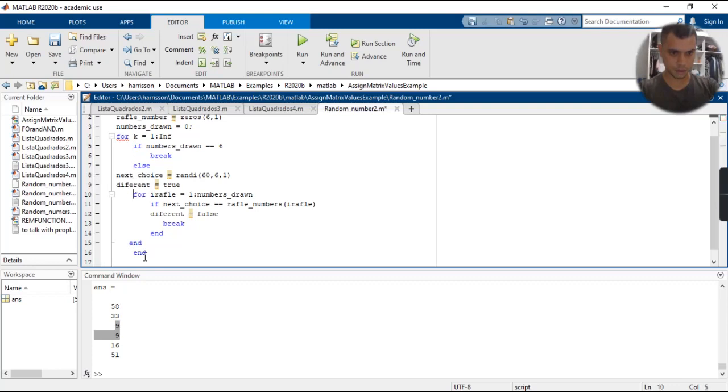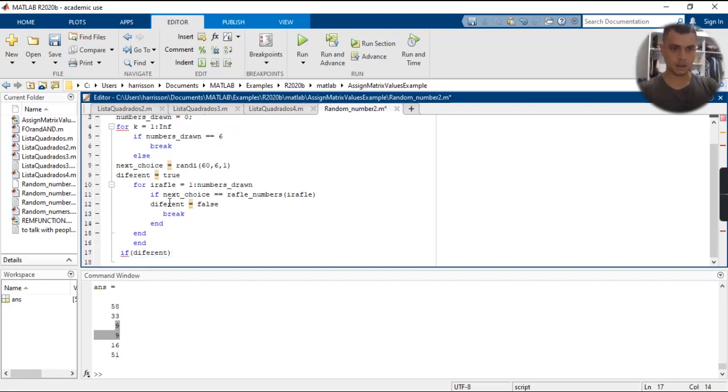I think I'm missing an if here. Let's put something like this to be more consistent. Now it's right, I have 2 ends, and I have different. If the case is different,